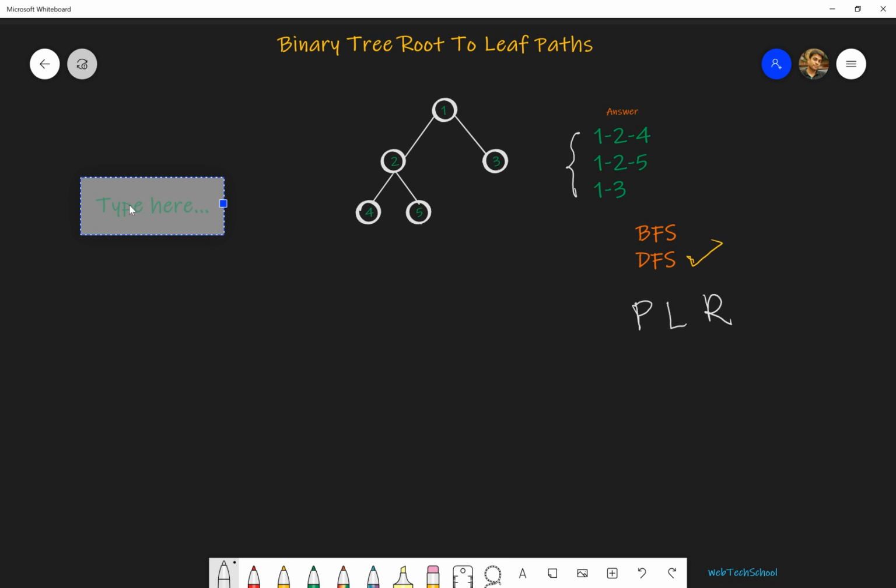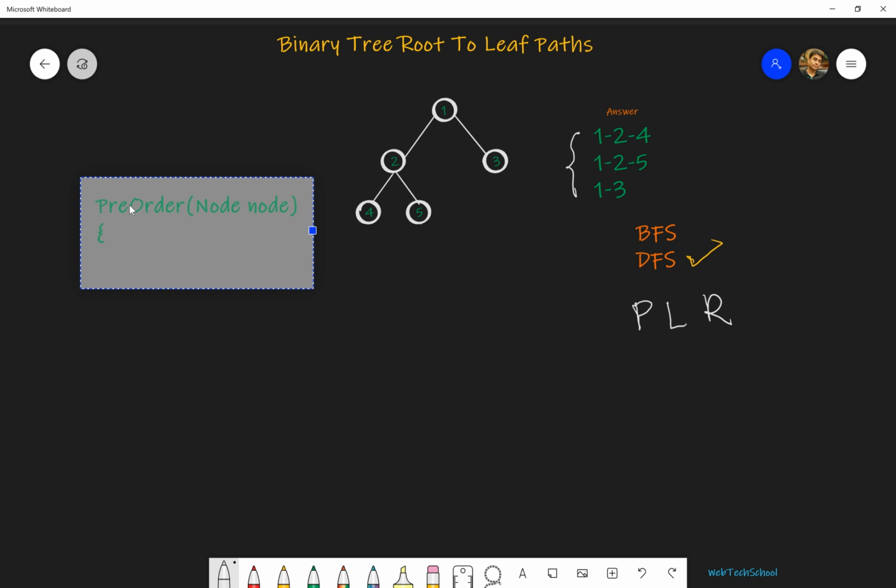In the pre-order recursive approach, let's say this is our pre-order method. Inside the pre-order method, we are going to receive a node. This will be our root node. For this node, we print node.data, the node value.